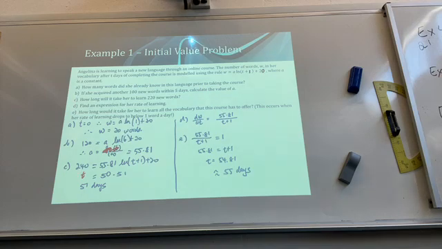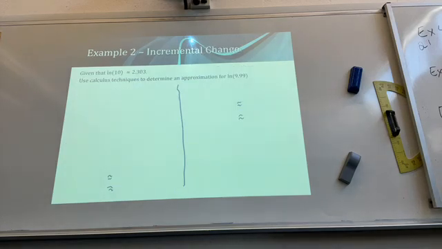All right, I've got 6 examples today. So example 2 is just incremental change. You should know your incremental change before we actually do anything. You know that log 10 is approximately 2.303, and you need to use calculus techniques to determine an approximation for log of